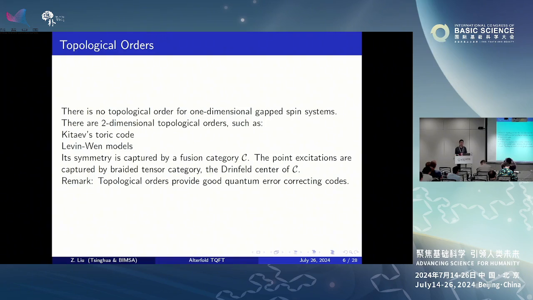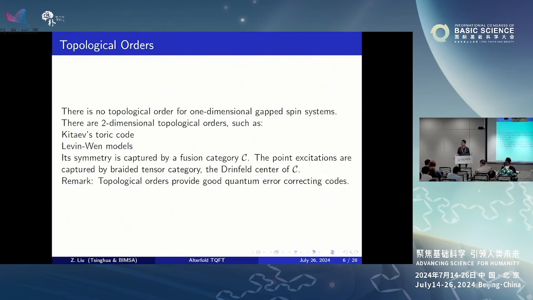And there's another interesting direction. It seems not directly relevant at the beginning, but it turns out to be a quite close theory, more or less parallel, called topological orders. There have been very interesting topological phenomena from condensed matter physics, like topological insulators and quantum Hall effects and many other things. People are studying the ground states of Hamiltonians and found that the ground state has some very interesting topological invariants behind it, some global phenomena, even though the Hamiltonian is defined locally. This doesn't happen in the one-dimensional case, but it does happen in the two-dimensional case.